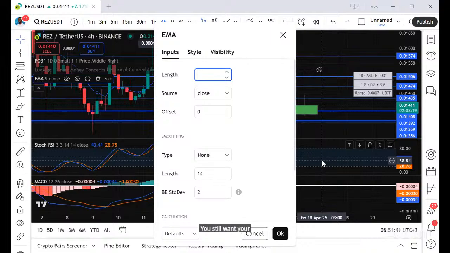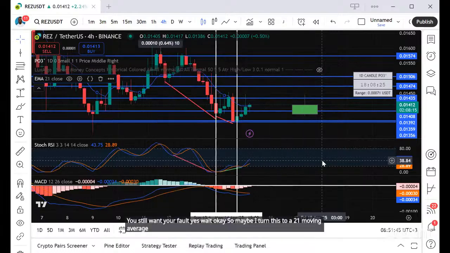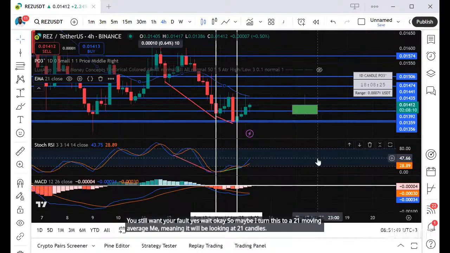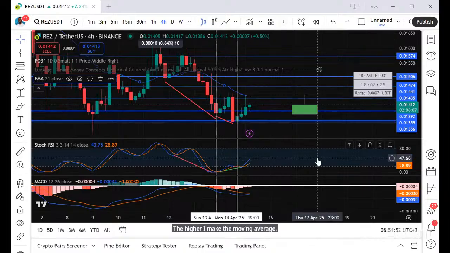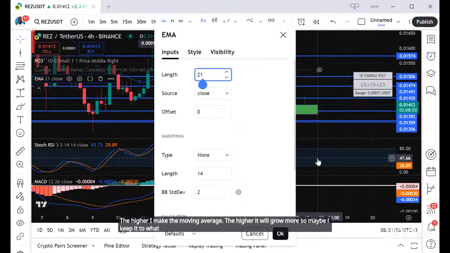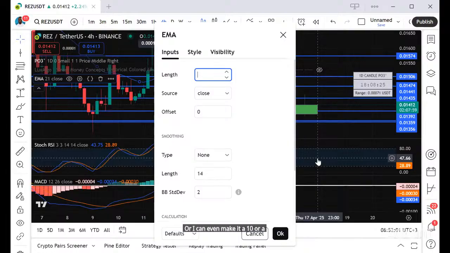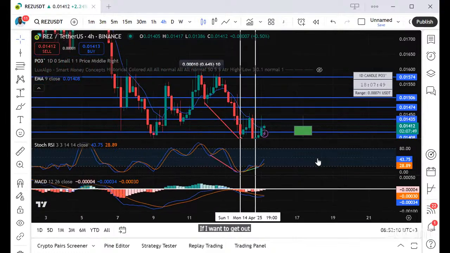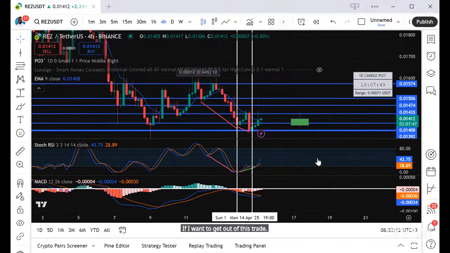Just wait, okay. So maybe I turn this to a 21 moving average. Meaning it will be looking at 21 candles. The higher I make the moving average, the higher it will go more. So maybe I keep it to what it was. Maybe it was a 9. Or I can even make it a 10 or a 5. It depends. All right? So remember, now, if I want to get out of this trade at the resistance above,